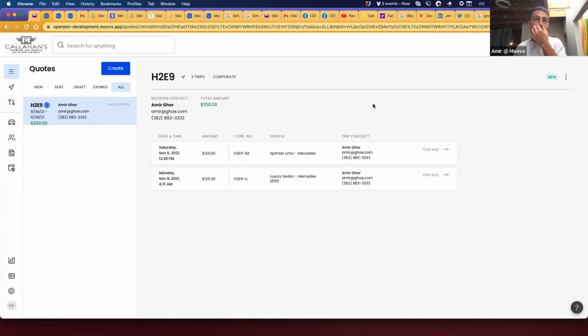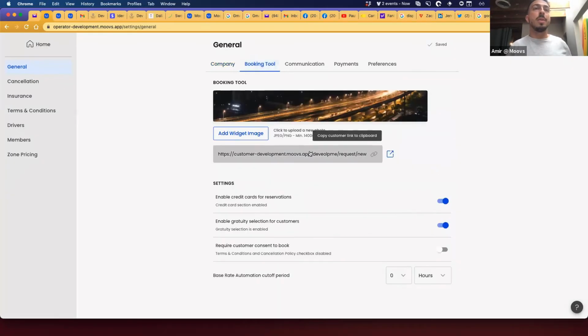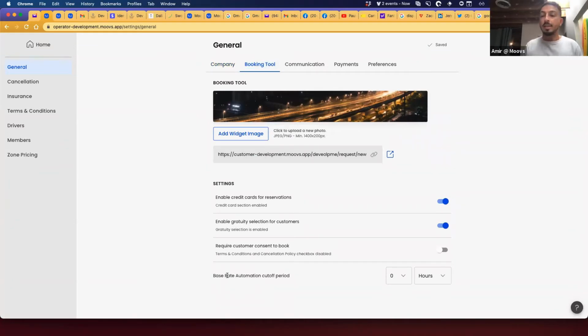The challenge when adding it to reservations is going to be the same thing around timing and price, which is something that we haven't built yet. So what we're building soon before that is going to be a way for the system. Let me quickly show everybody this feature that we have here. We see how we have a base rate automation cutoff period. It's a lot of words, but I'm going to explain what this means.